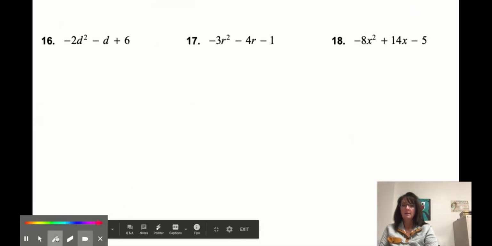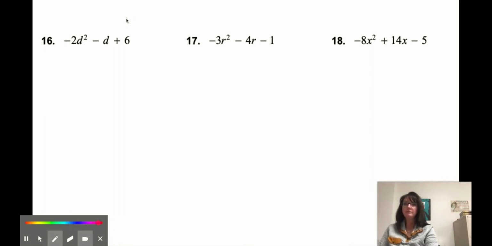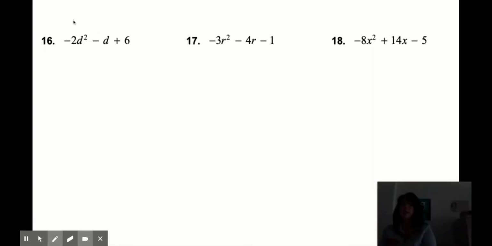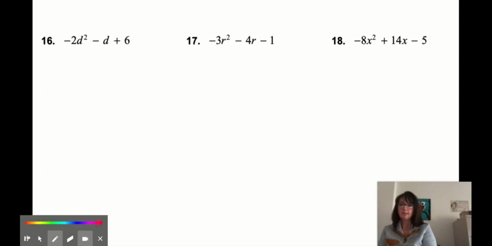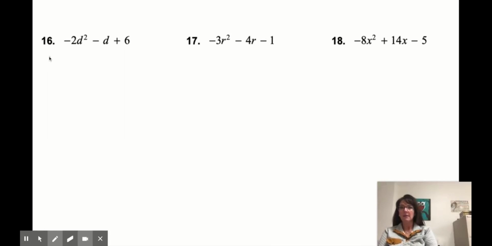All right, moving right along. In this next section, remember the first step is to look for a GCF. And since the leading coefficient is negative, we want to factor out a negative 1. So let's factor out a negative 1 here. If I factor out a negative 1, I'm going to be left with a positive 2d squared plus d